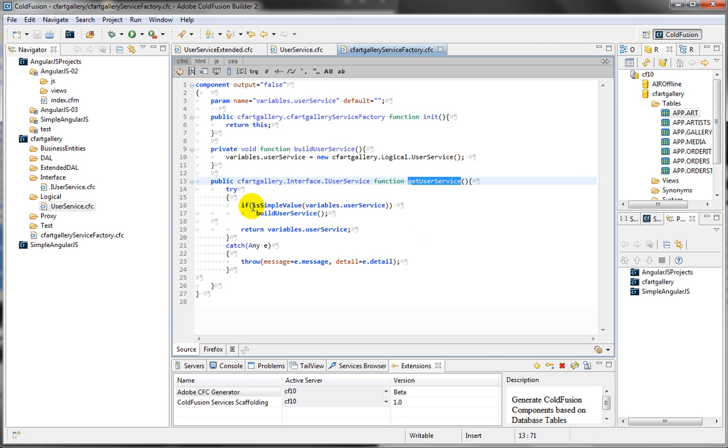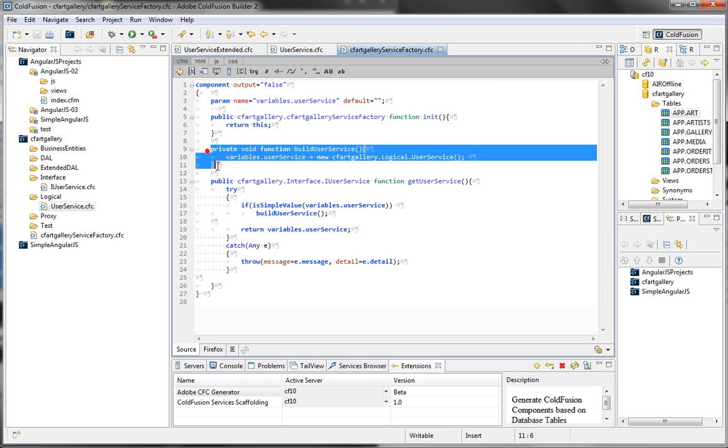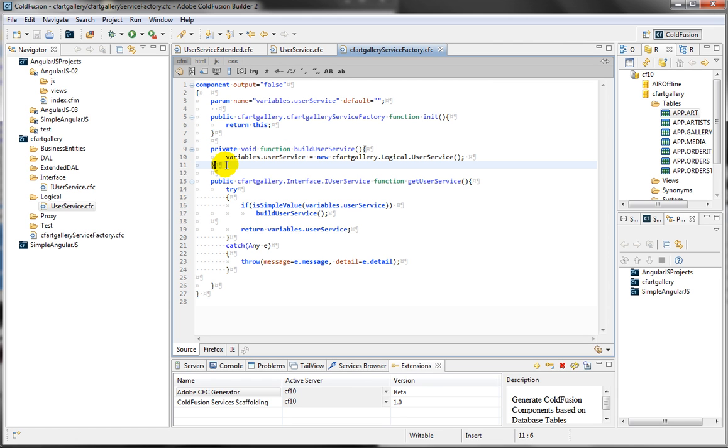And what I'm doing in here is basically checking: is this variable user service a simple value? Then build the user service first. The reason I'm doing this, you could do it directly here as pseudo code without even creating a function. But think about it this way: